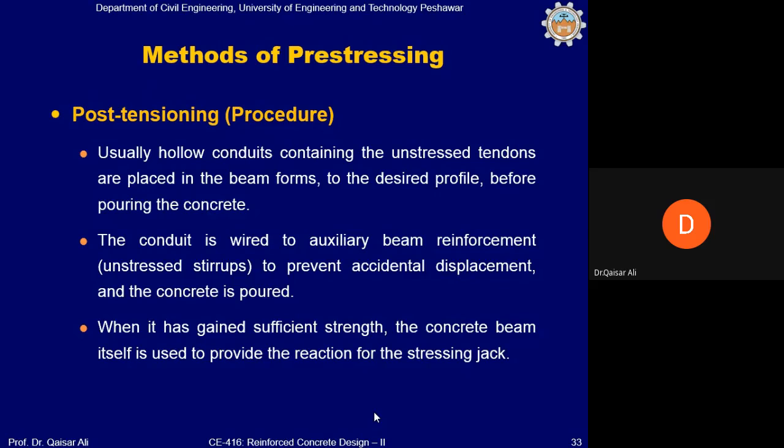the desired profile before pouring the concrete. क्या करते हैं कि इसमें फॉर्मवर्क में आप पहले से ही एक कंड्यूट में से अपने वायर्स या केबल पास कर लें और उसको अनस्ट्रेस्ड छोड़ दें, और उसके बाद कंक्रीट पोर करेंगे, और कंड्यूट में जो वायर्स और केबल्स पड़े हुए हैं, they are in unstressed position. When the concrete has gained its sufficient strength, the concrete beam itself is used to provide the reaction for stressing jack. उसके बाद हम क्या करते हैं कि when